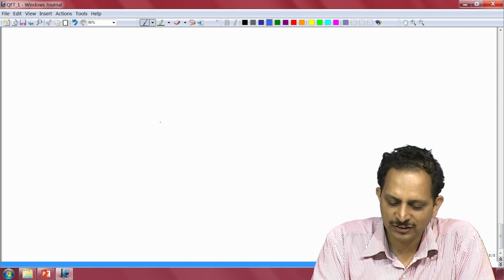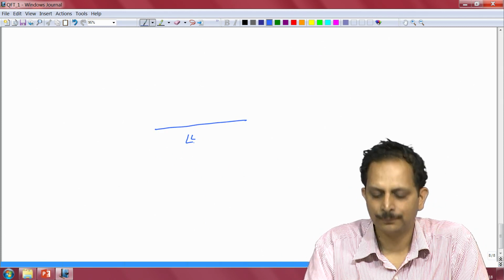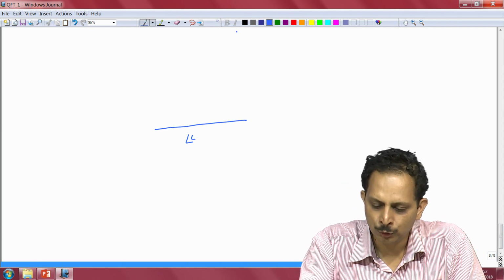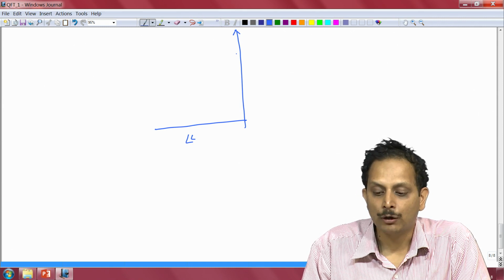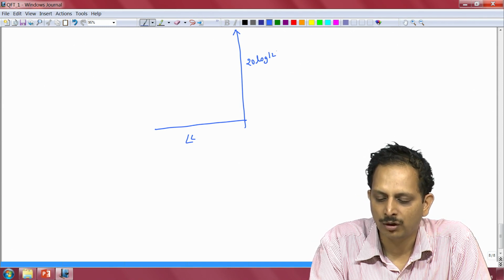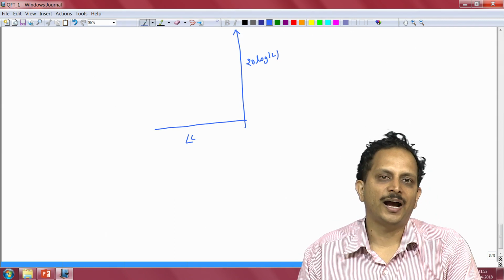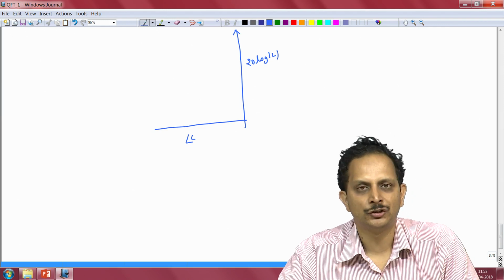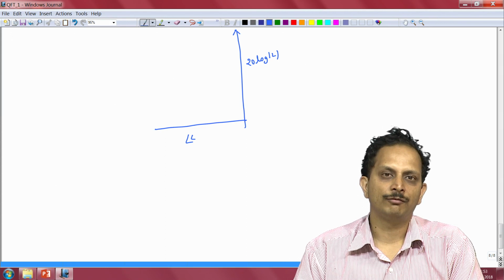So the x axis of the new plot would be the angle of L and the y axis of the new plot would be the magnitude of L, but in a logarithmic scale. So 20 times logarithm of magnitude of L. So if we were to choose this as the plane in which we represent our performance specifications, we can show